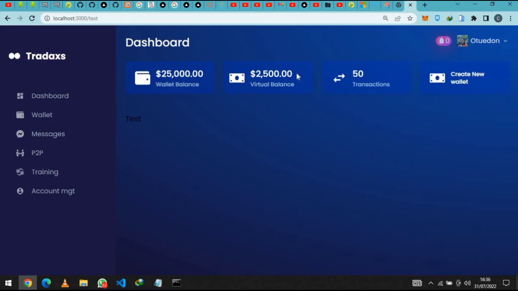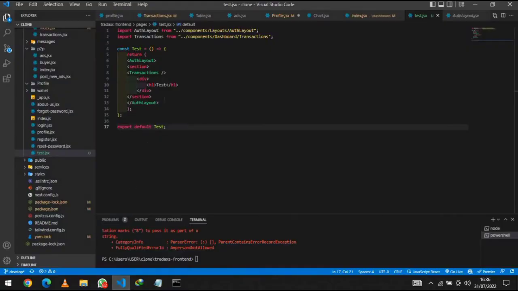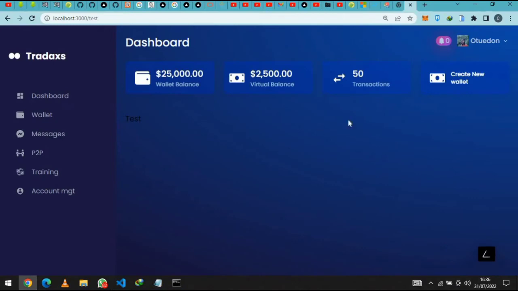The transactions has also been routed and linked here to display, and we just created a beautiful URL so easily, just like that. And you can see our little h1 test here. Let me just add the class name and give it some Tailwind styling of text white, and it should